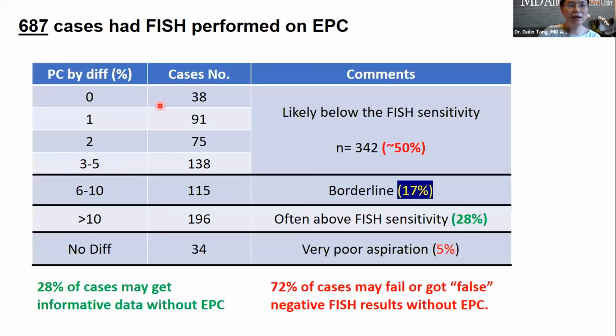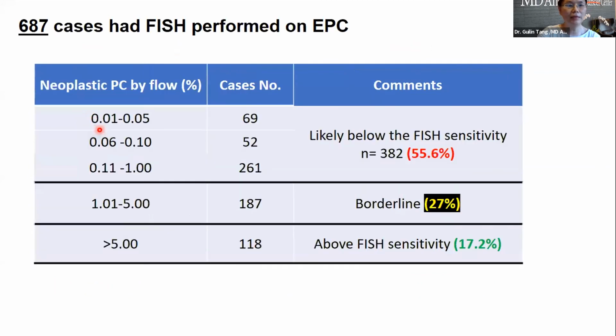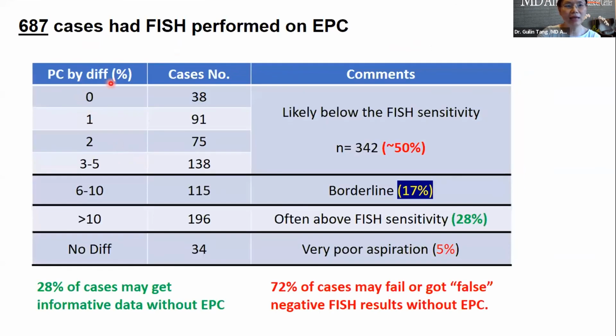This is a dissection by the bone marrow plasma cell percentage by the differential, and I also did it by flow cytometry. I just highlight this group, where if you do the smear you're really unlikely to get a positive result. This accounts for 50% of the cases. Another 17% of the cases have a bone marrow differential around 6 to 10%. This is also dangerous, maybe you miss, and at least some subclone you are not going to detect. And then there's another 5% of the cases that have very poor aspiration,